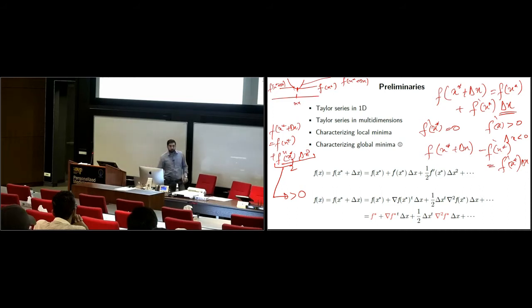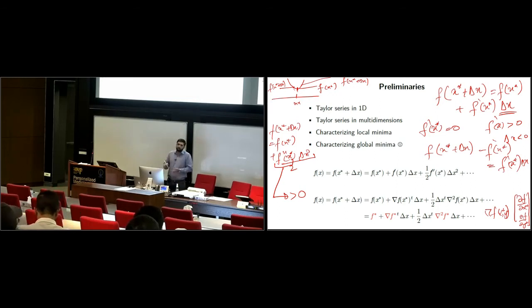So let's say you have a function f of two variables. Then the gradient of the function f at x star would be the partial derivatives of f. X star, by the way, is a vector. In fact, let me write it as x star, y star so that there is no confusion. The partial derivative of f with respect to x and the partial derivative of f with respect to y, stacked in a vector. So that's the gradient of the function: how much the function changes in the direction of x, how much it changes in the direction of y, and if there are more independent variables, all of those as well.